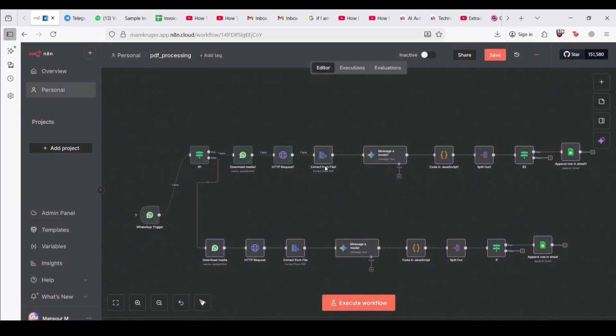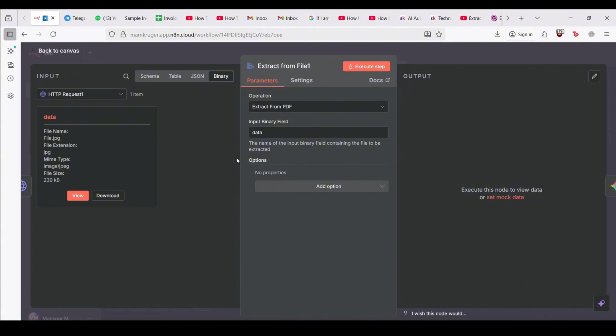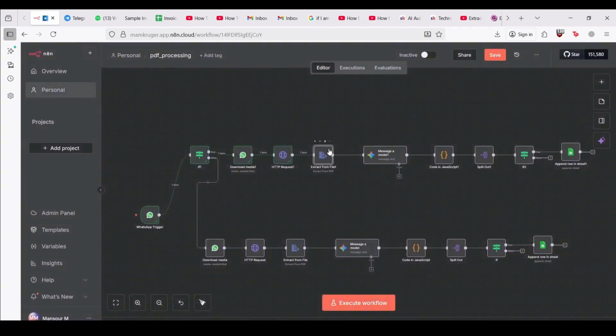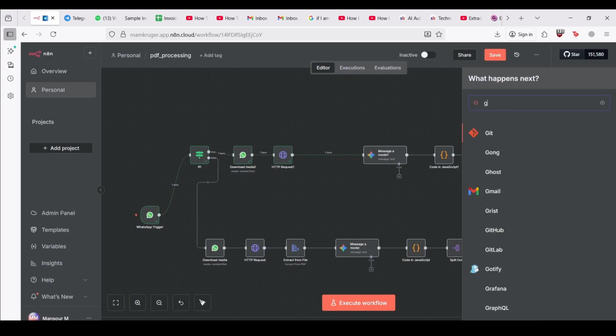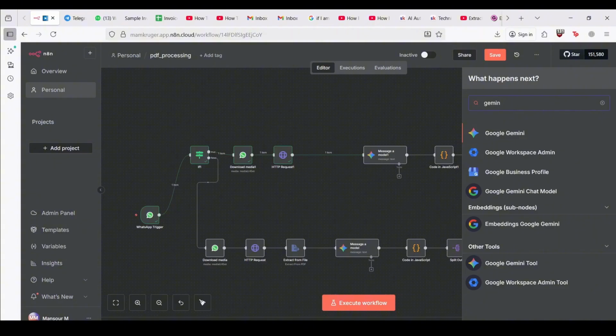Okay, now in this one, it's extracting from PDF. So we need to extract the text from the image. So this will not work. I'm going to delete this, and I'm going to add a way to extract the text from the image, which is you need an LLM. You need to use AI like ChatGPT or Gemini. I'm going to be using Gemini because it's free,